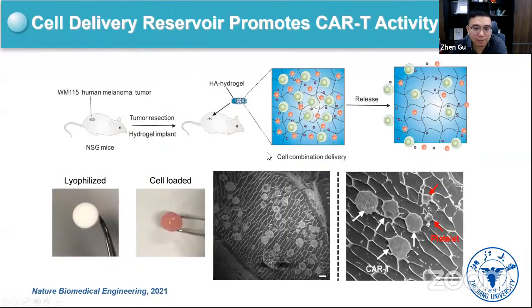And meanwhile, you can also apply a local treatment. For example, you can form a scaffold, such as a lyophilized hydrogel made from hyaluronic acid. And once you want to apply it, you can load platelets with drug, or together with T cells, into the scaffold, and then put the scaffold with cells into the surgical sites, right? Certainly such a scaffold can serve as a support for the surrounding soft tissues, for example, like the brain, and the cells can gradually release from the scaffold